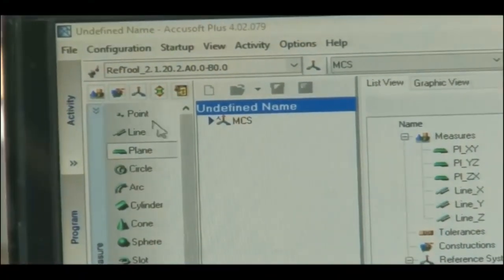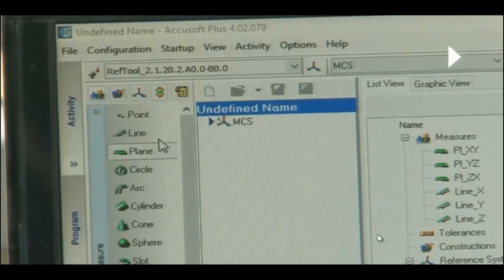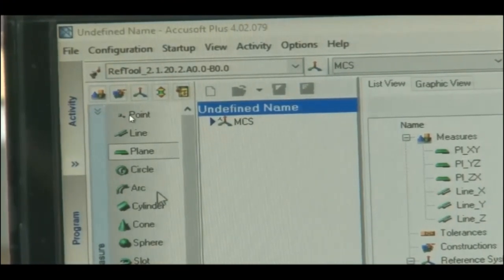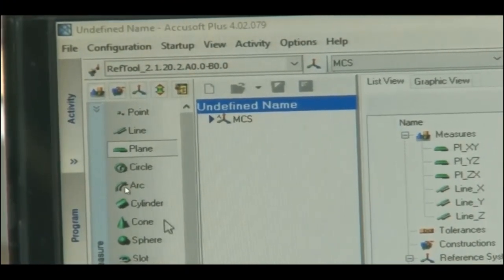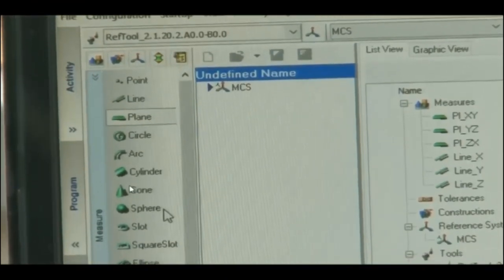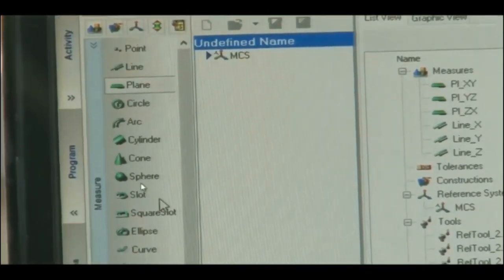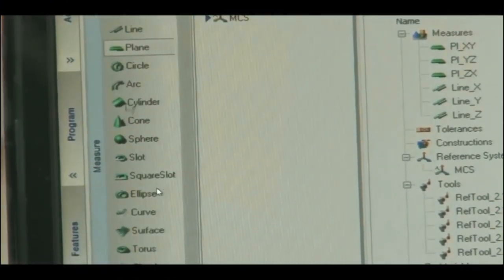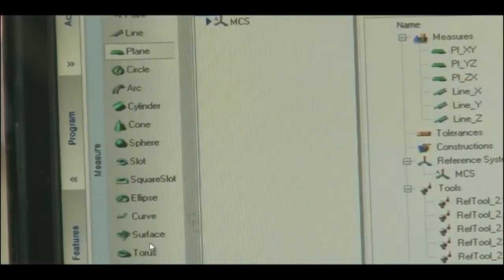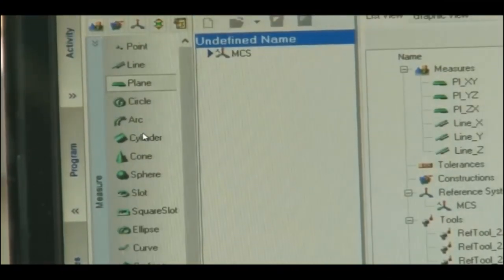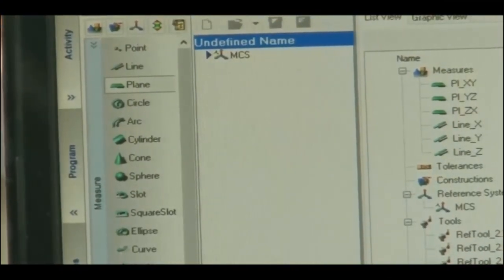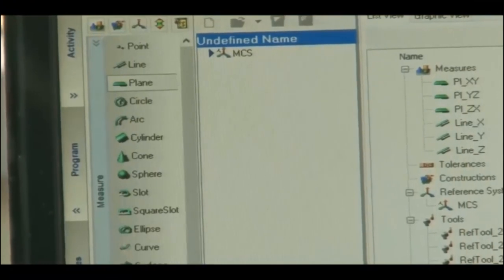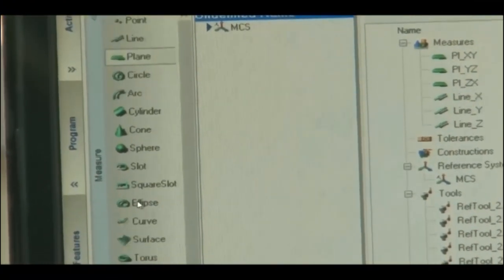Before moving all the components, we have point, line, plane, circle, arc, cylinder with 8 points, or cone with 8 points, sphere where we need multiple points, slot, square slots, ellipse, curve, surface, torus. There are multiple objects here in this software, and this is just for the general or structured surfaces.